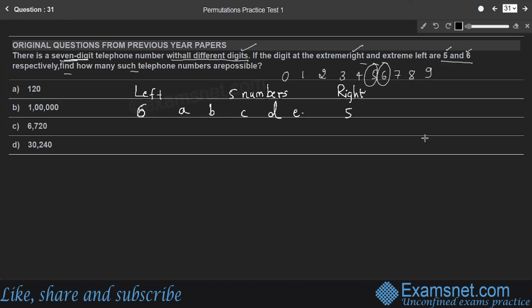So in how many ways can these numbers be arranged? How many telephone numbers can be formed in such a way? These numbers can be taken out of 10 minus 2 numbers, because 2 numbers are already taken and fixed. These 2, 5 and 6, are fixed numbers. So out of the remaining 8 digits, 0, 1, 2, 3, 4 and 7, 8 and 9, right? Out of 8 digits,